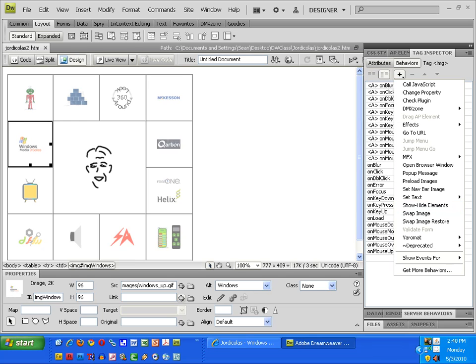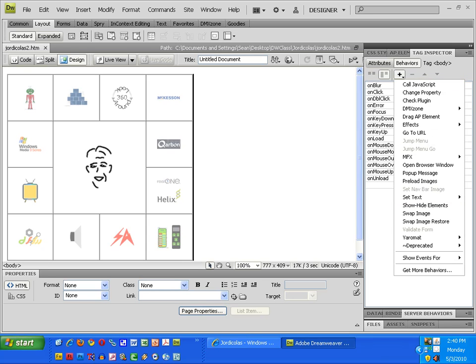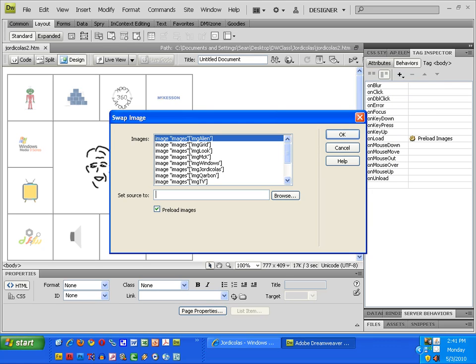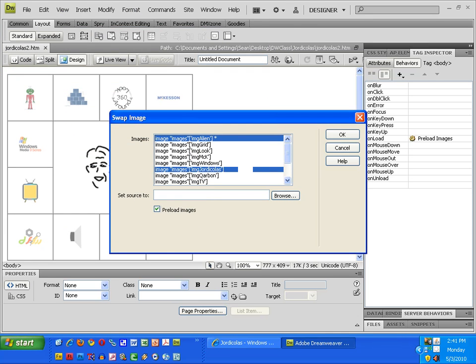So let me show you what's going to happen if I don't have an image selected. For example, right here, I have the cursor positioned, it looks like, at the right of the table. Maybe I mistakenly think I have an image selected, but I don't. If I hit the plus in behaviors and travel down to find swap image, I think, okay, I meant to choose this image, alien. Maybe that's the one I thought I had selected, but I don't. And so I choose my swap image behavior, alien over, and for my swap image, I choose alien big,